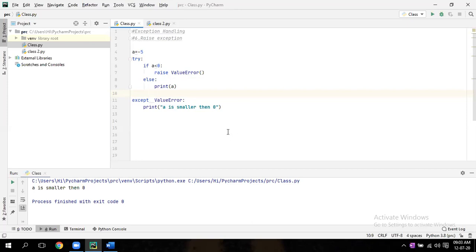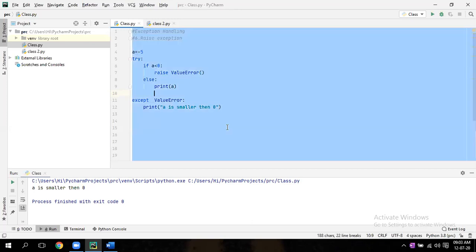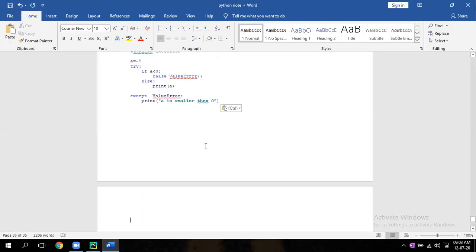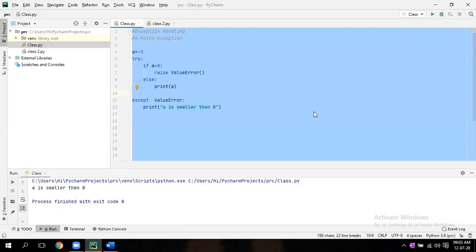Now, this is all about your exception. This is more than enough. This is all the detail on exception that we have done. So whenever you want to write a program, you want to use this exception block, try this way. Clear?